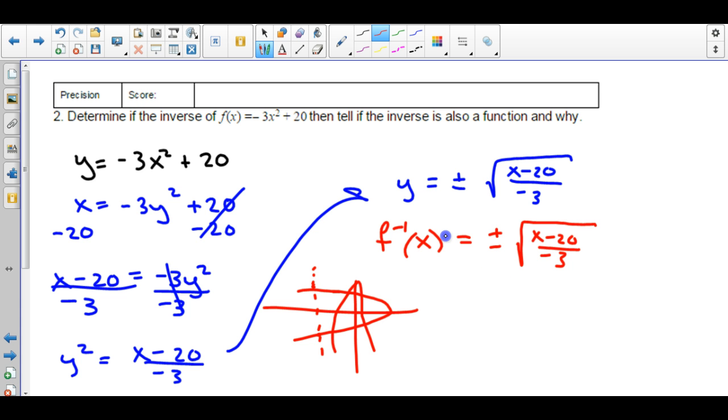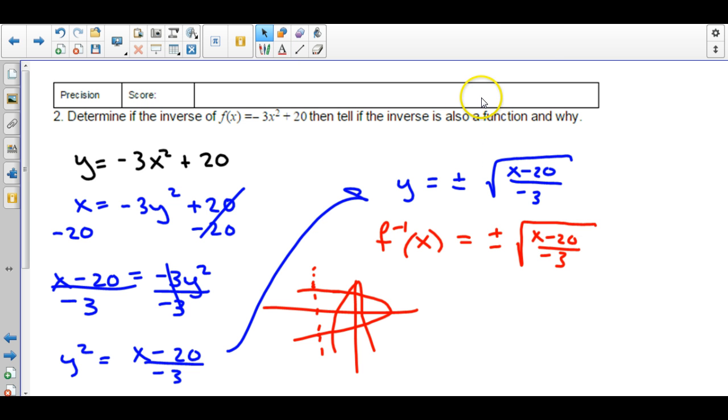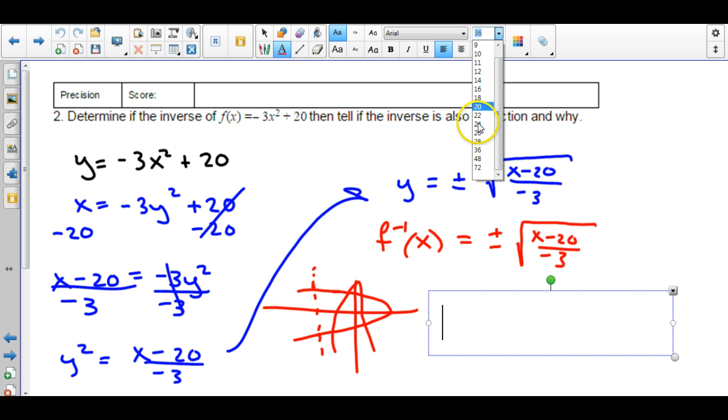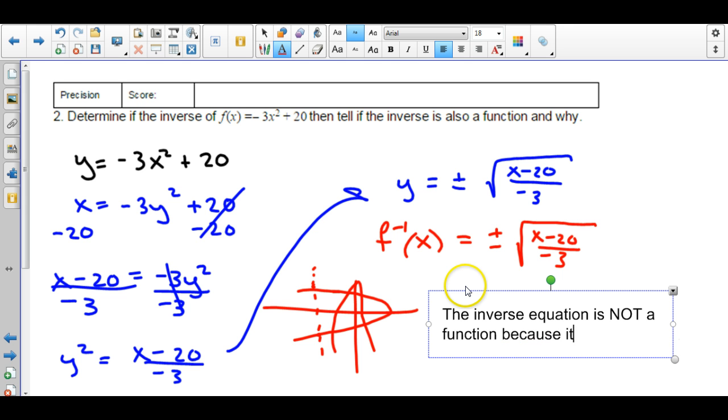So I'm going to type the response again. I'm going to say the inverse equation is not a function because it fails the vertical line test, and let's kind of extend onto that. Even though it's precision, it's not a justification question, I still want to give a little bit more and say